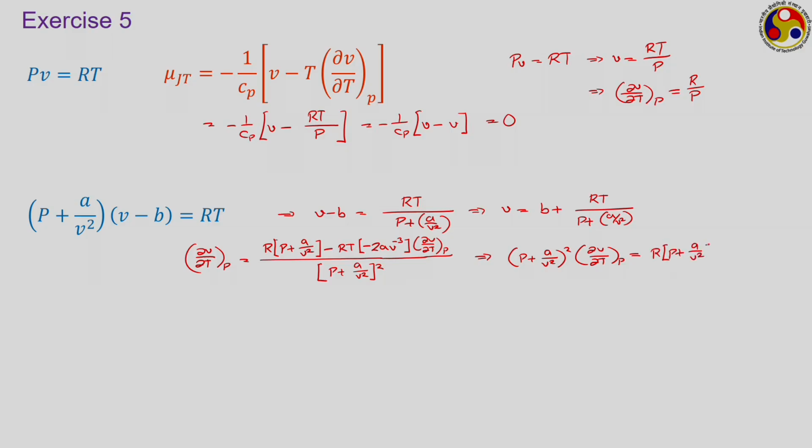P plus A upon V square plus 2A RT upon V cube into dou V dou T at P, or dou V dou T at P becomes equal to P plus A upon V square into R divided by P plus A upon V square whole square minus 2A RT upon V cube, and therefore, the expression for the Joule-Thomson coefficient mu Joule-Thomson